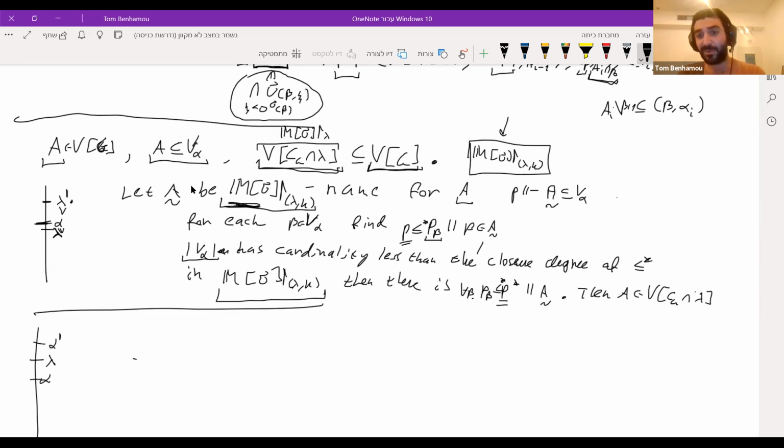And therefore this P star already decides A, because A is forced to be a subset of V alpha, and for each beta in V alpha, we decided the statement beta belongs to A. So P star already decides A, and since we can do it densely often, we can pick such a condition P star in the generic, which actually tells you what this A should be, and therefore A must already belong to the model V[G] intersection lambda. Okay, so this is how we.